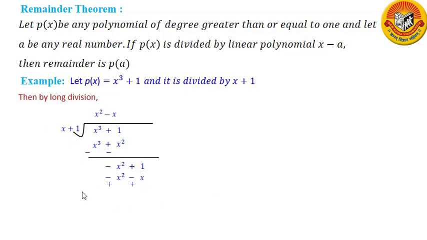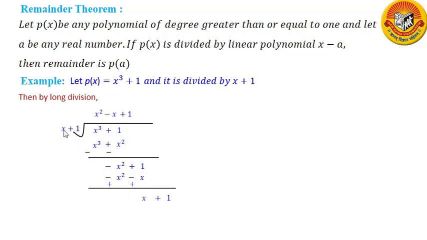Now again I subtract, so I change the sign. Here it is plus, here it is plus. So minus x square plus x square will give me 0. And here it is x plus 1. Now this is x and this is also x. So x divided by x will give me quotient 1. I will keep on doing this step again and again till this term has degree less than the divisor. As the degree of this expression is 1 and the divisor also has degree 1,